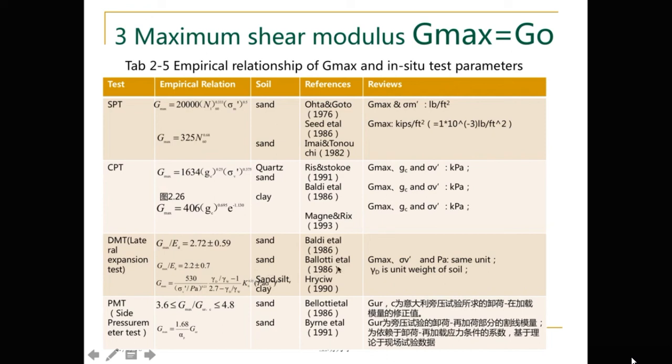And Bellotti and his team proposed an empirical relationship of sand: Gmax over ED equal to 2.2 plus or minus 0.7, is a range. And receive